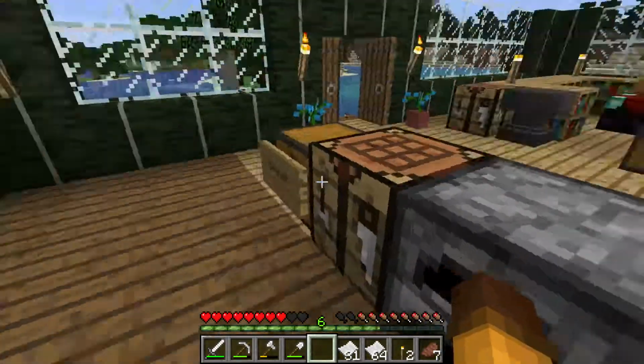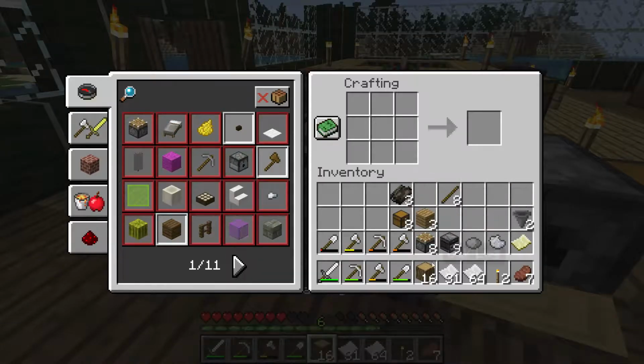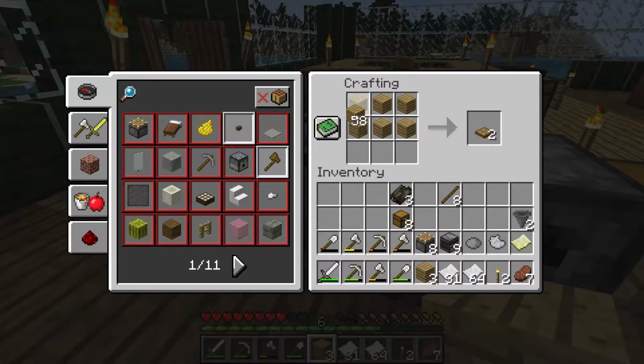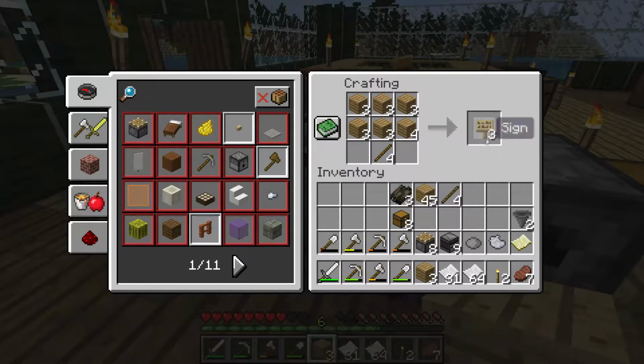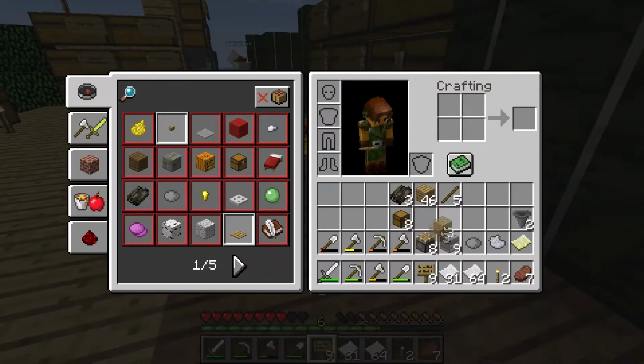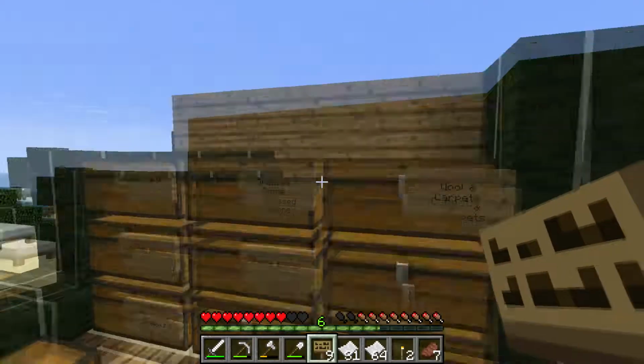Okay, let's use this. I've been making so many chests that now I think I need to make chests every time I'm trying to make something, when what I wanted to make was signs. There we go. Okay, but chests we can always use more of. We're always missing chests, so...